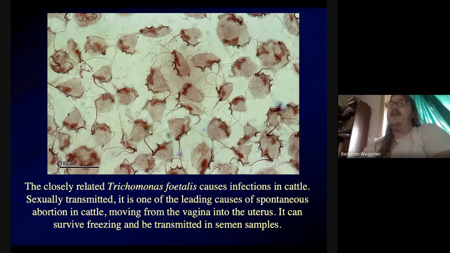We've seen a couple of things that can cause spontaneous abortion in cattle. This is one. And most cows these days are bred by artificial insemination. The old days of keeping a bull around just to make the cows happy, most livestock producers don't seem to do that. And this is potentially a threat because it can be transmitted in semen samples. So be very careful about your frozen semen supplier if you're in the cattle biz.